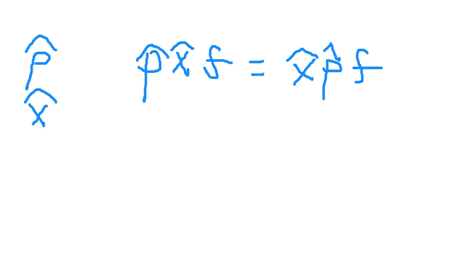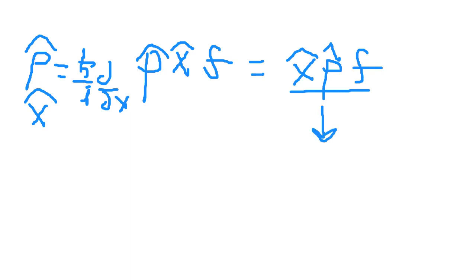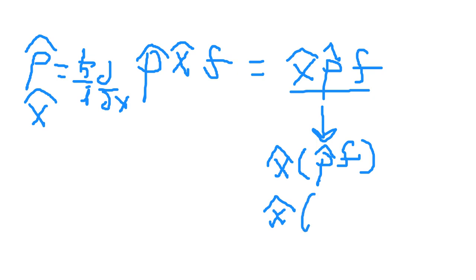I'll start with the right-hand side. Since P is the first derivative operator, h bar over i d dx, what happens first is X of P of f, and that's X of h bar over i d dx f,